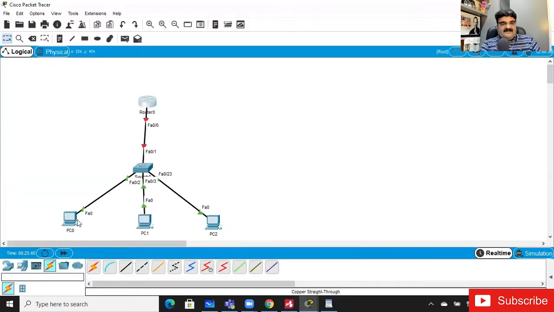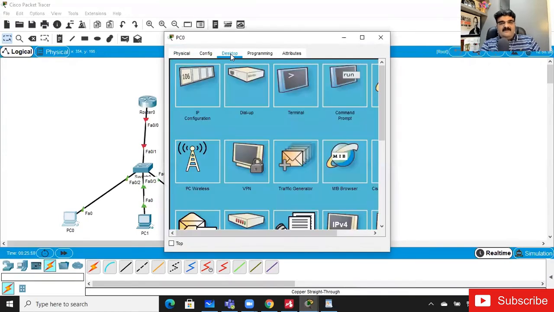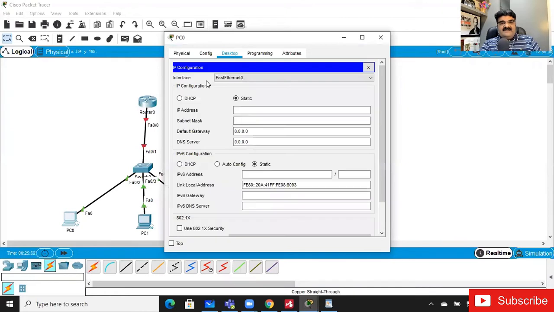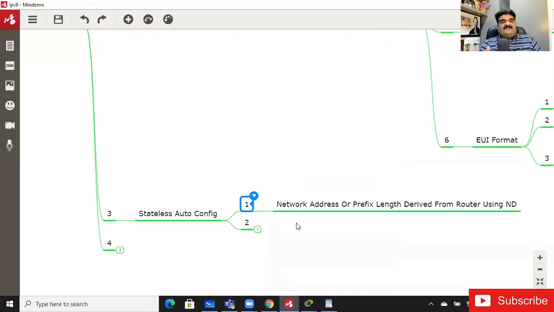So if you go to the PC over here, and here we have the desktop, and if you go to the IP configuration, in IP version 6, you will get this option auto config. When you click this auto config option, actually you are using what is called stateless auto configuration. In this scenario, my PC will get the first 64-bit, which is known as a network prefix or network address, from the router.